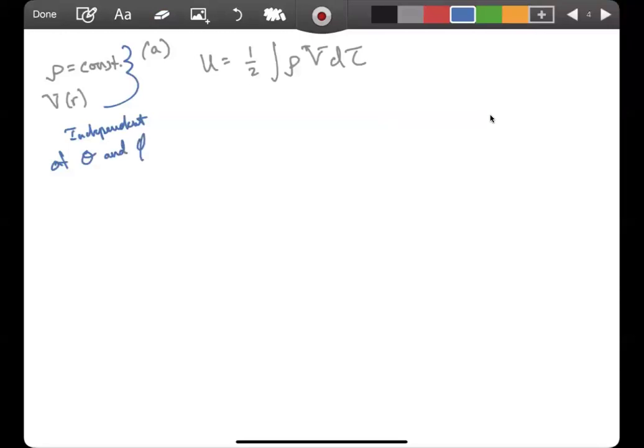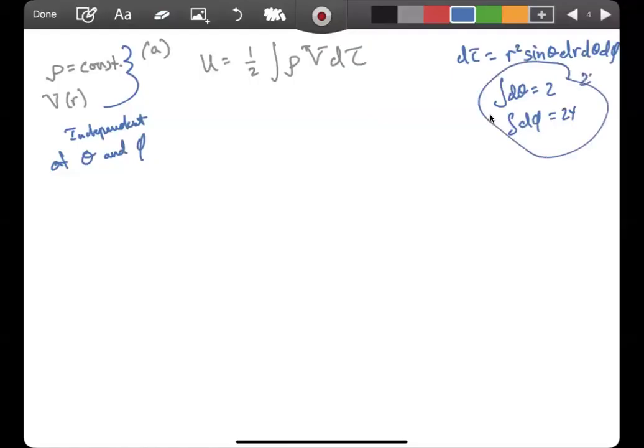Which means that our differential volume that we would usually write, which is then equal to what? r squared sine of theta times dr d theta d phi, we can simply factor out the phi and the theta portion and integrate over those. We know the integral over theta is going to give us 2, where the integral over the phi is going to give us 2 pi, which means these two together would then simply give me 4 pi. Okay, so that's supposed to be a pi. There we go. Which means that our differential volume then would simply become equal to 4 pi r squared dr,